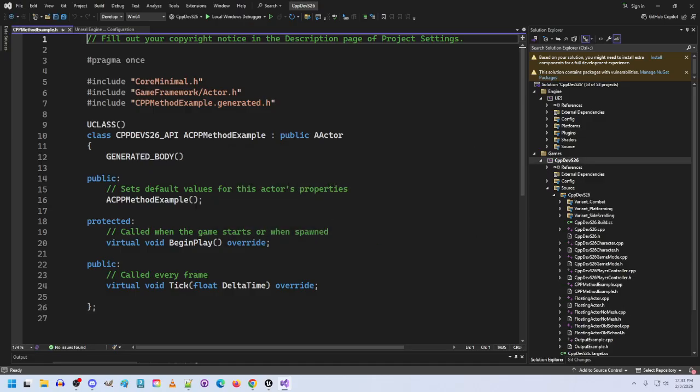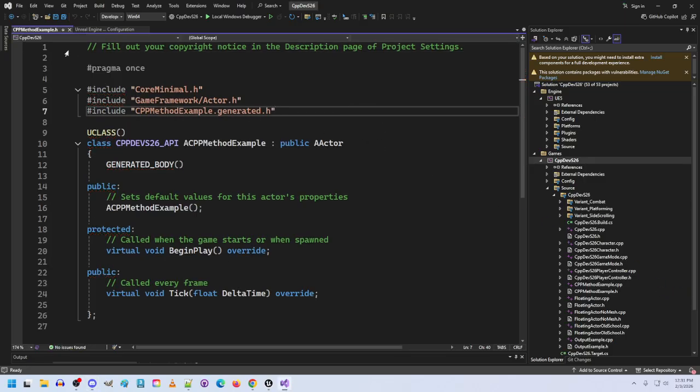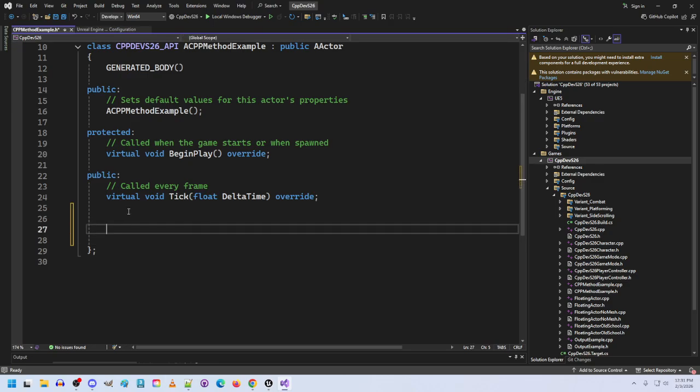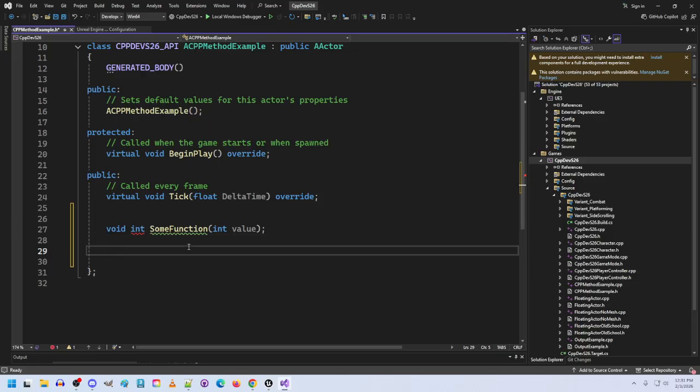Reload all. There we go. Okay. All right, so I'm going to go in, and one of the things you can see right here is that the tick function and begin play are protected functions already. We'll leave these to the side, but let's make a new function. It'll be a void sum, we'll do an int sum function, int value. And then we're going to do another void